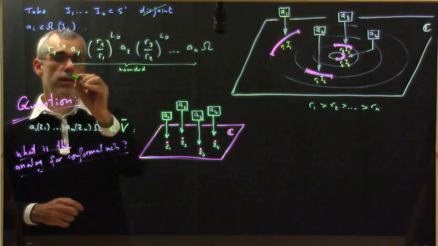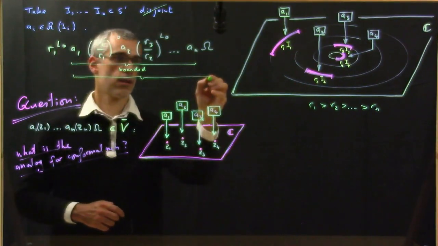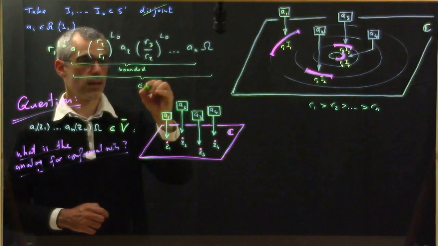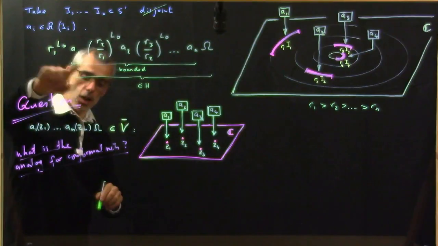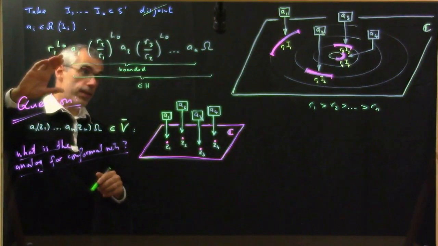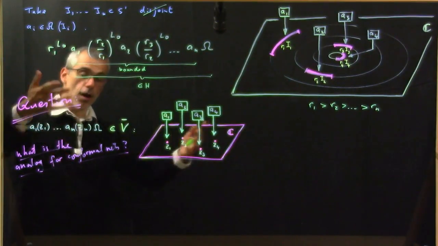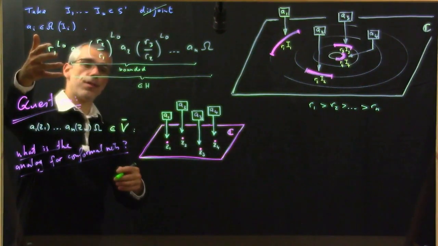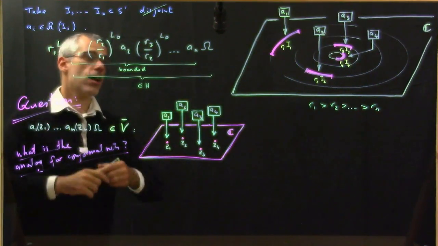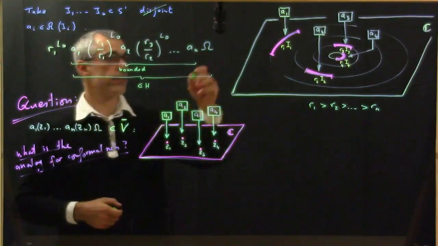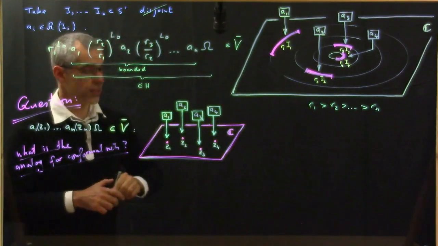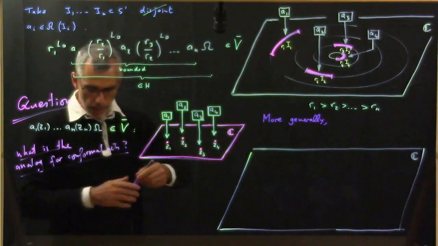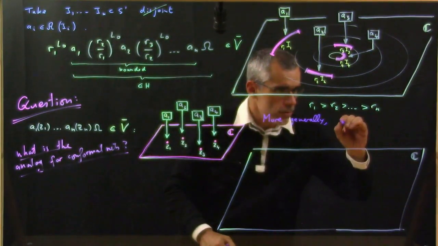And therefore, this thing here is in H. That one there, however, is not bounded, but it maps H to V bar. Well, it acts on V bar, and H includes in V bar, and so the whole thing ends up being an element of the algebraic completion. More generally, given disjoint intervals,